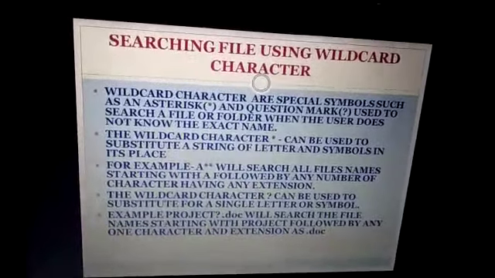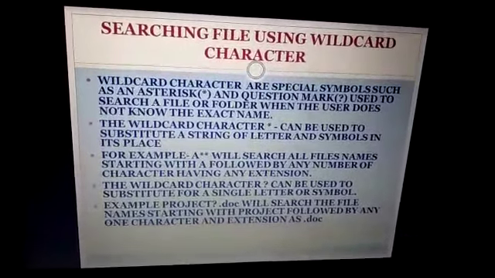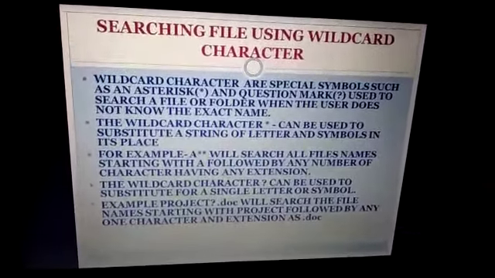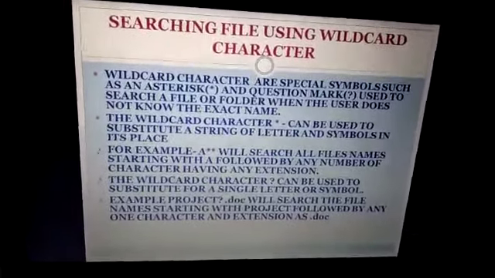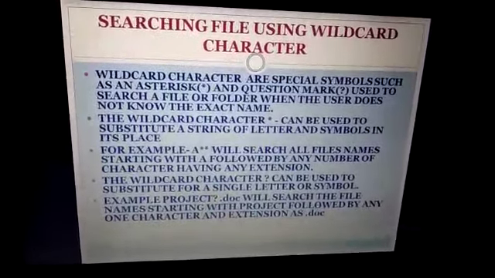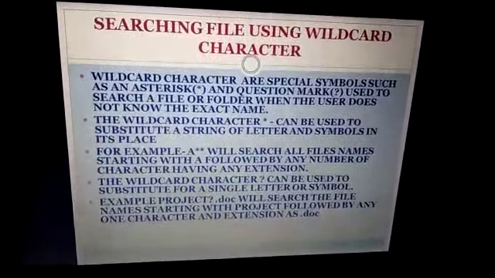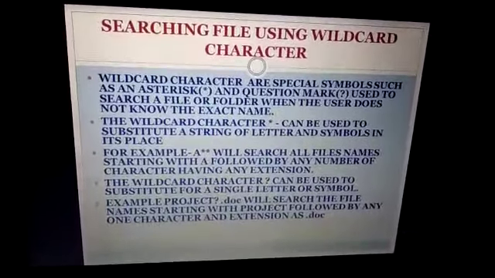The asterisk, or the star, can be used to substitute a string of letters or symbols in its place. For example, A asterisk will search all the file names starting with A followed by any number of characters, having any extensions.